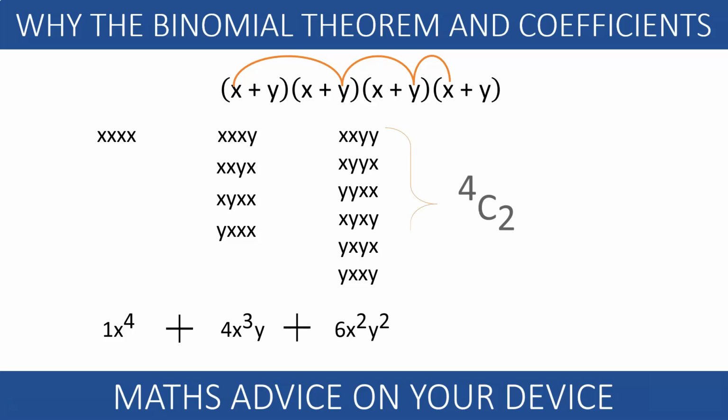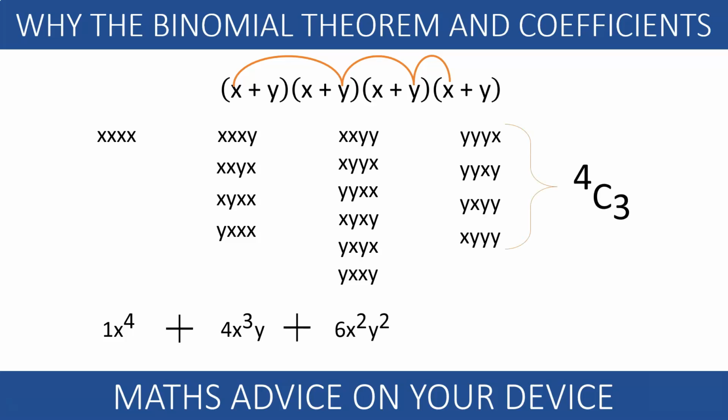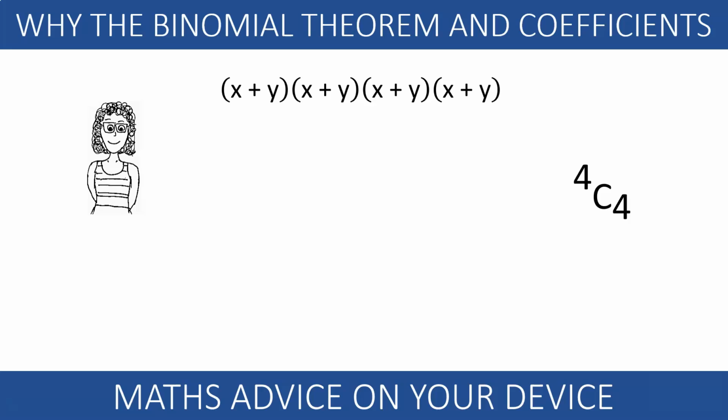However, it is much easier to use 4C2 in your calculator, which is the combination of 4 elements in groups of 2 each, 2 x's and 2 y's. That is 6. The following will be 4C3, which is using your calculator 4, as we expected. Last one will be 4C4 or 1. You can use your graphics calculator to evaluate these coefficients, and this is what we'll do in our next video.